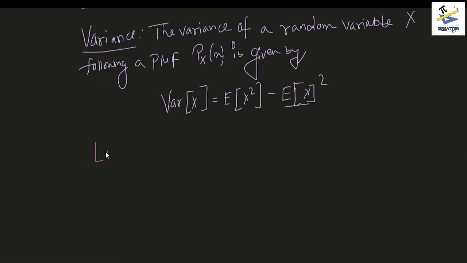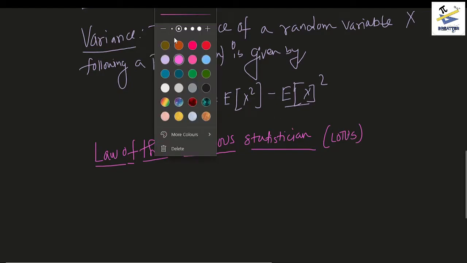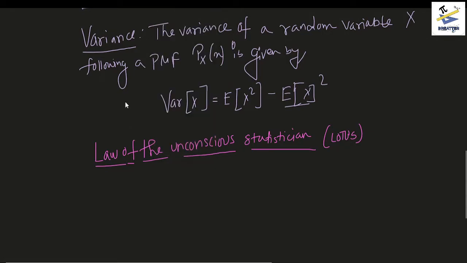It's called the law of the unconscious statistician, or in short it's also called the LOTUS. So if you search LOTUS rule, you will find that this is the rule that I'm talking about. And what does it actually say? The LOTUS rule says that